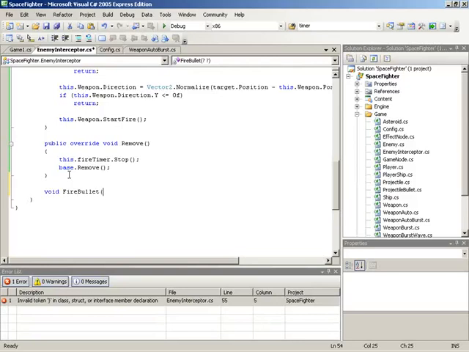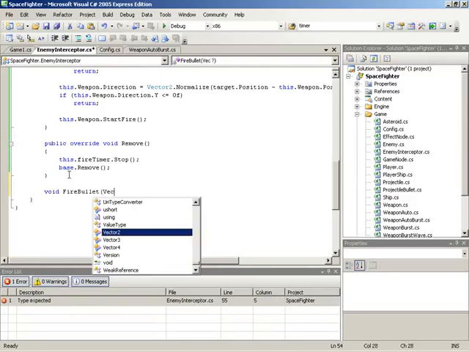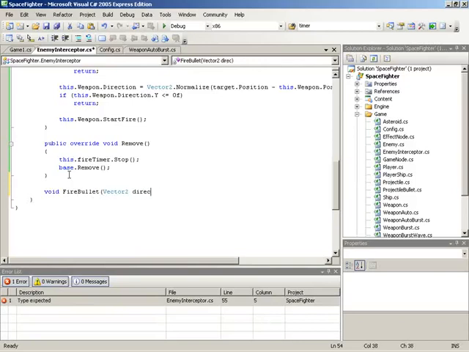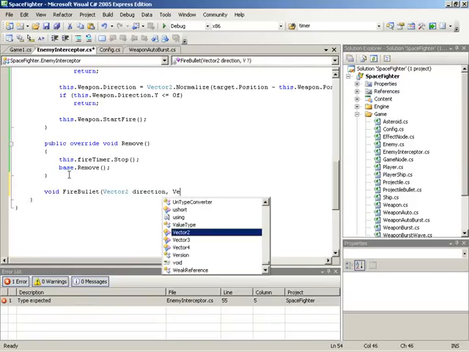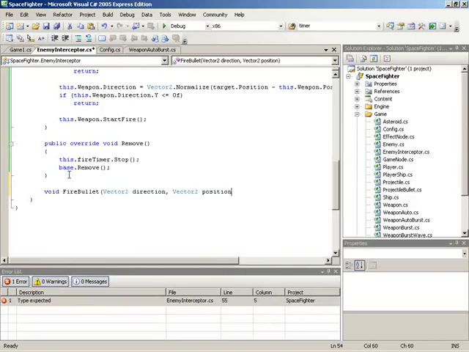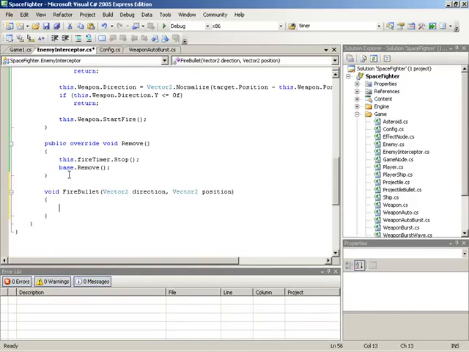Then we're going to set up the necessary method signature for a fire action. That is going to be a vector2 for direction and a vector2 for position. Now, as we're firing bullets, there's one thing to point out, and you might have noticed this